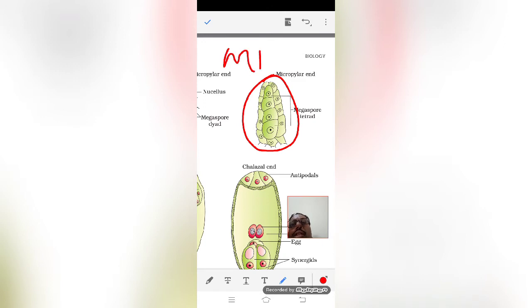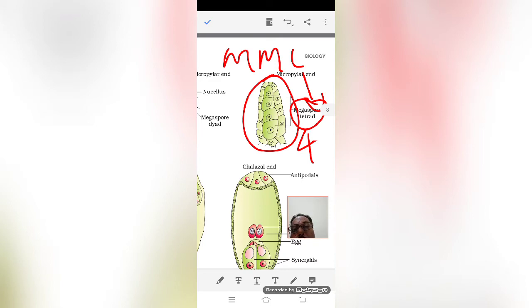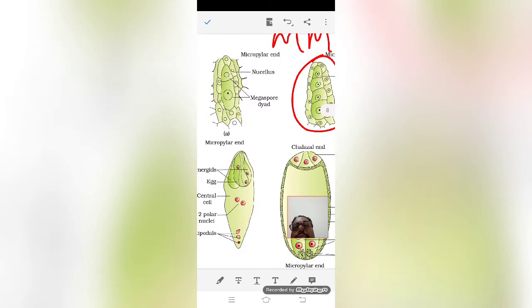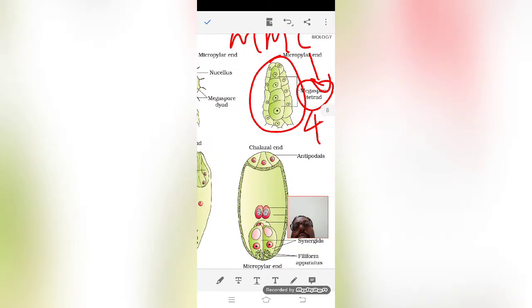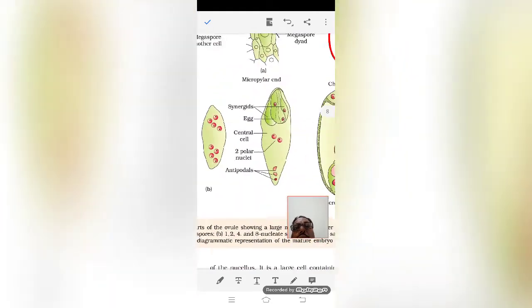Megaspore mother cell, MMC, will undergo meiotic division, and they form 4 megaspores. That means a megaspore tetrad will form. And from where is this megaspore coming? This megaspore mother cell is formed from the nucellus, and after the forming of this megaspore tetrad, one among the cells will function as